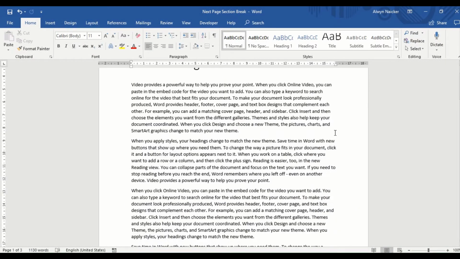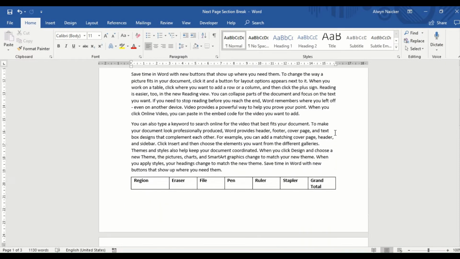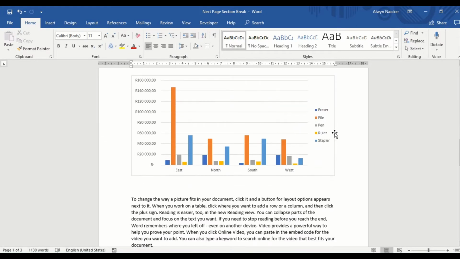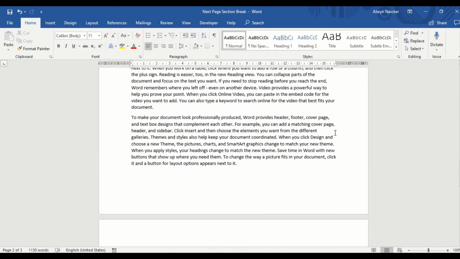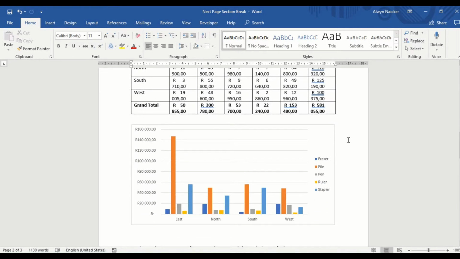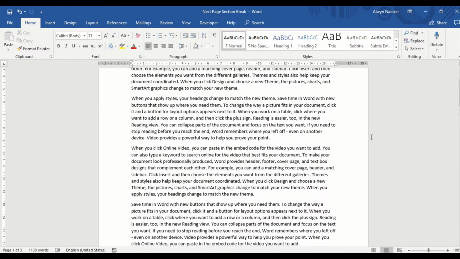In the simple 3-page document, you'll see on the first page I've got text, but moving into the second page, I've got a table as well as a chart, moving into text. So what I want to do is put this table and chart on its own page. However, I want the page to be in a landscape view while the rest of the document is in